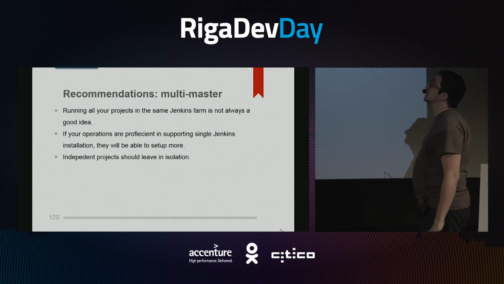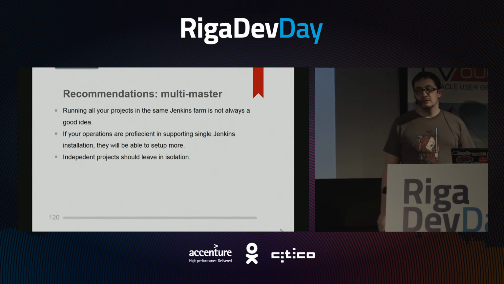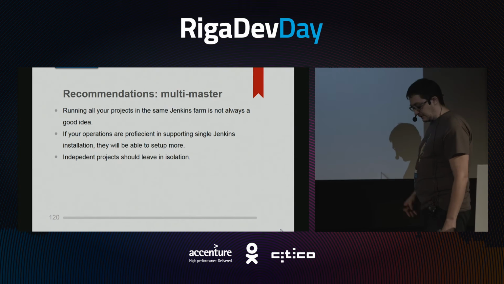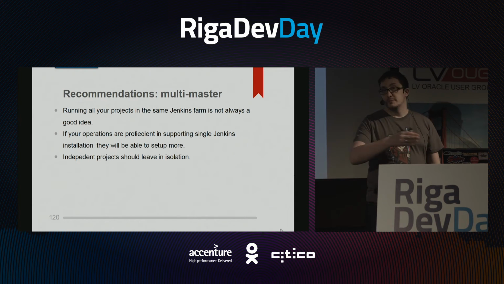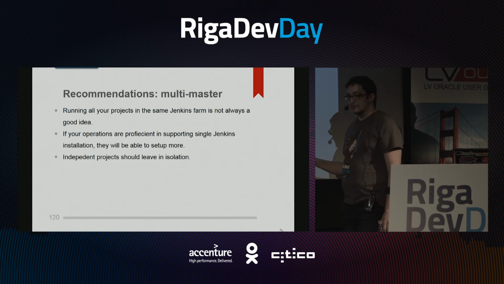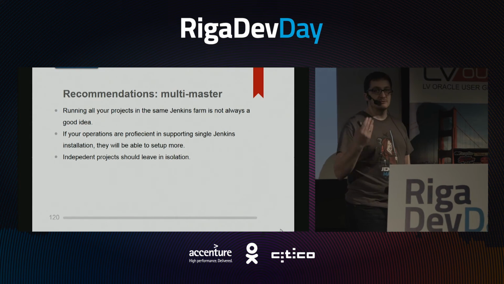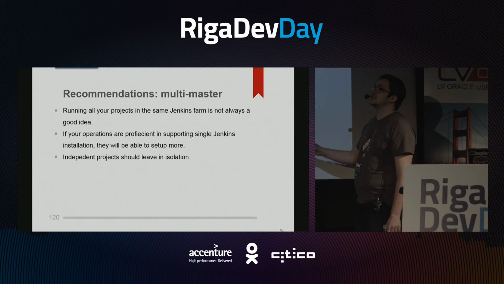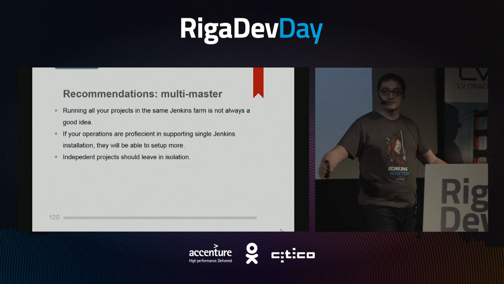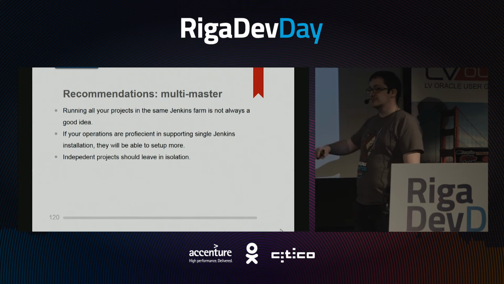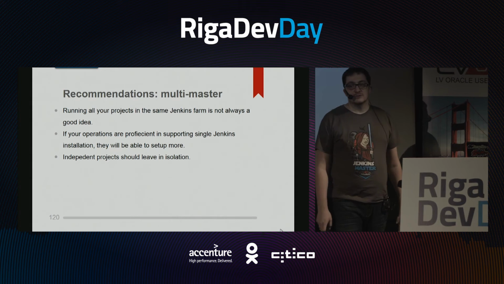Another small recommendation that may be useful is that I've also seen sometimes, in big organizations, a situation when they have one Jenkins for many projects. Those projects may be independent, but they still use the same Jenkins, the same queue, the same resources. So having a multi-master approach, with isolated Jenkins installations and isolated management of those instances, those Jenkins farms, is much more beneficial and easier to use than